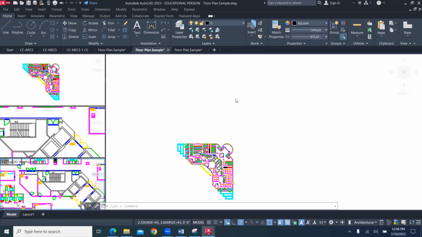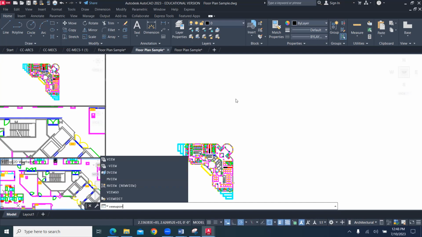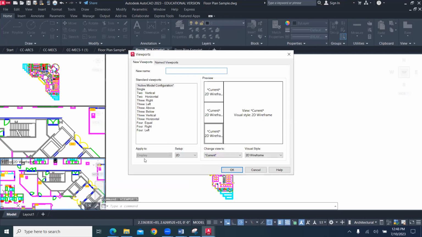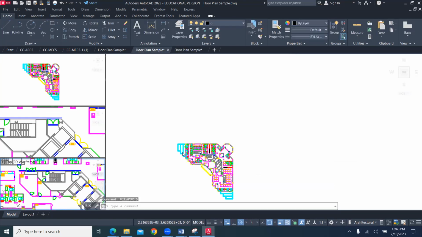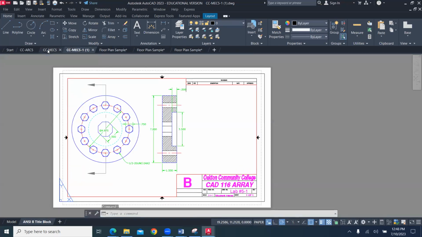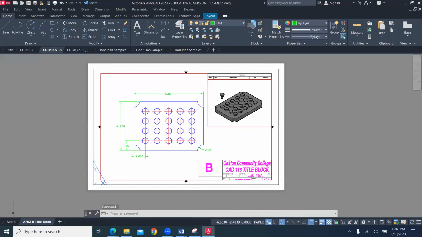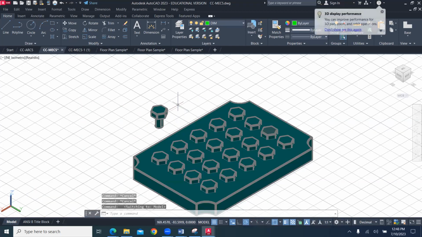And then if we go back to viewports command, when you work within something with 3D, you can go through and you can change things. It's a little bit more dynamic with 3D. And so let me open up a 3D drawing. And so let's see here, we have our mechanical drawings. Here's one that has some 3D applications to it. And so if I modeled this, and then if I typed in viewports